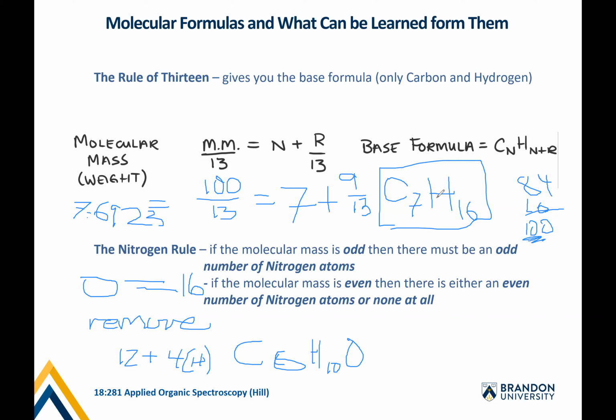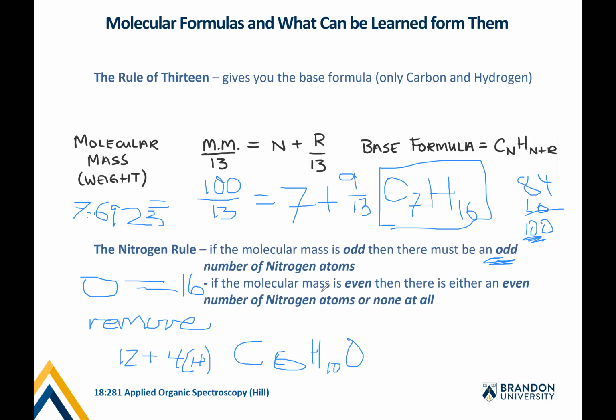Another interesting note is that if you've got a nitrogen in your molecule, the molecular mass is going to be odd. So if you ever see a molecular mass that is odd, that's a hint that you've actually got a nitrogen in your compound. And when we do the mass spec section of the course, we're going to see that certain